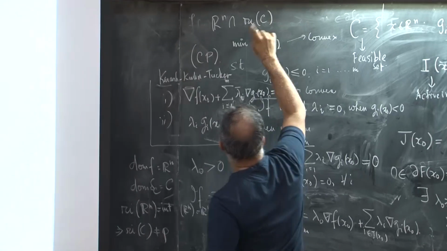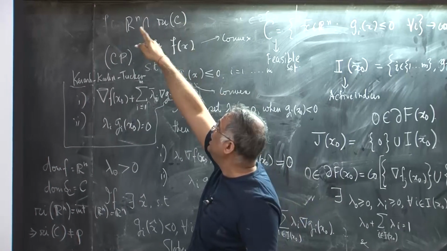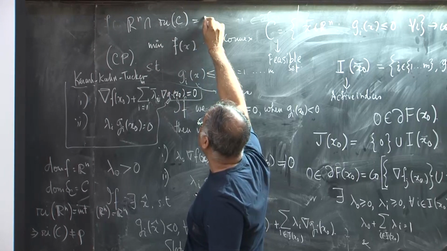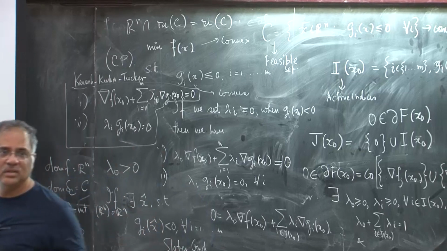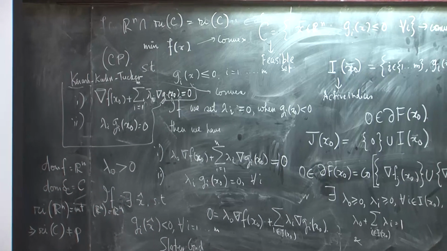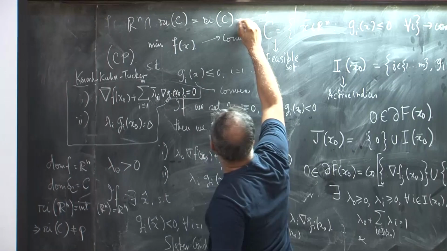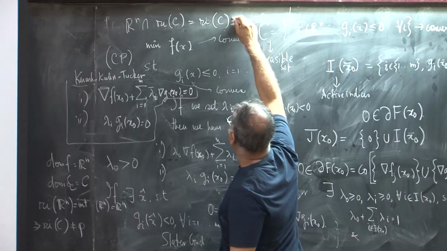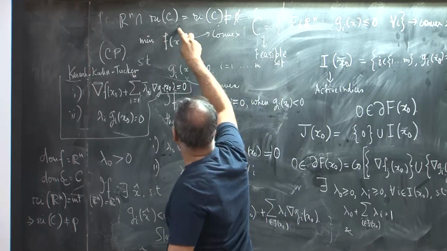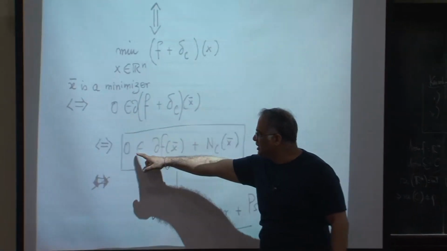Now, C is a subset of Rn, so the relative interior of C is a subset of Rn. So, Rn is a superset. So, this is nothing but A intersection B. If A is a superset, what is A intersection B? B itself. And this is non-empty, which we already know, because every convex set C has a non-empty relative interior. And so, this intersection is non-empty, and hence we can apply the sum rule,